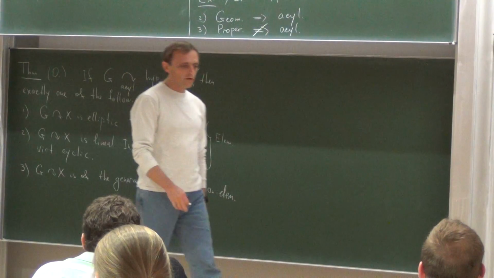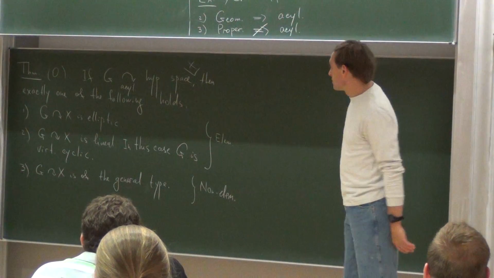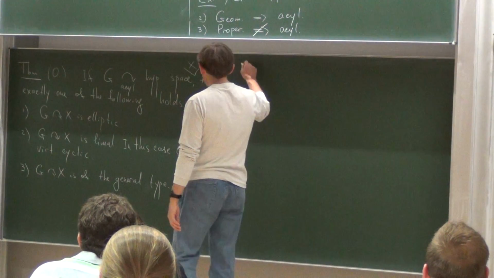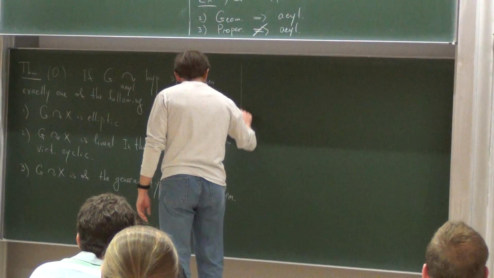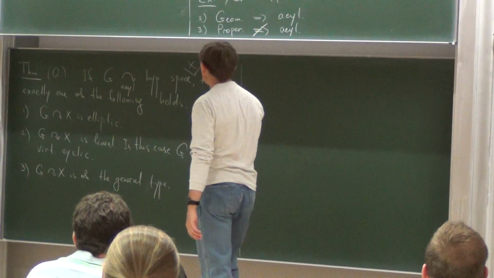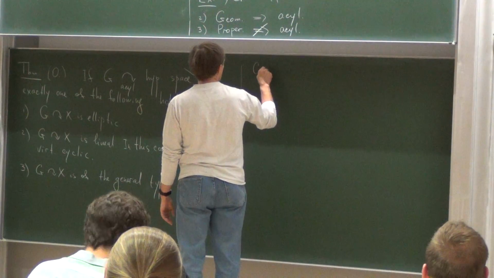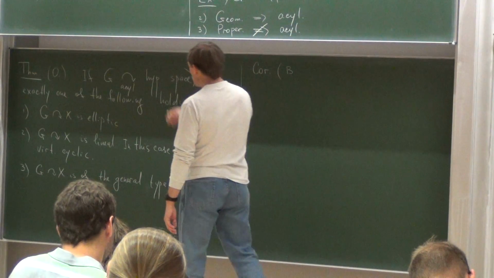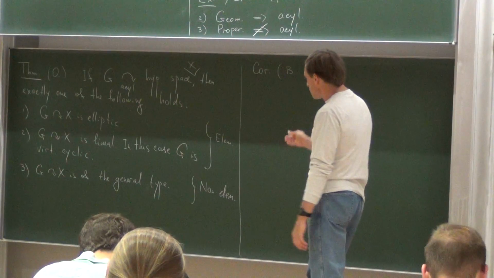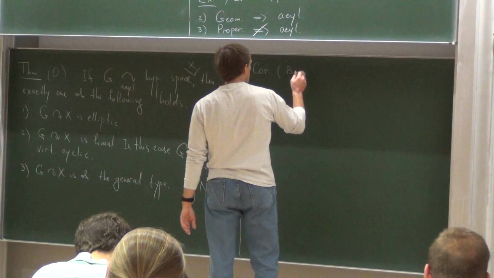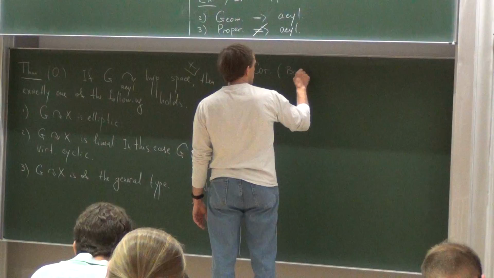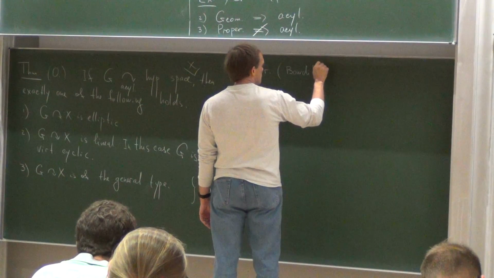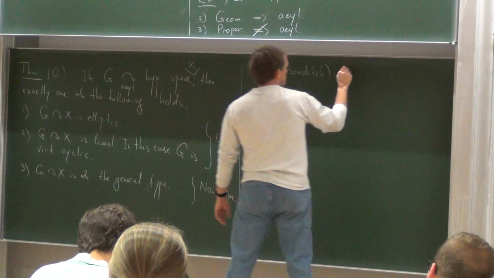You don't even need to know anything about boundary points. Well, one thing which you can derive from here is a corollary, which was proved before this theorem by Bowditch, which says that every